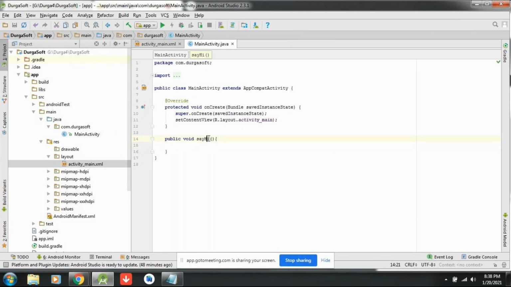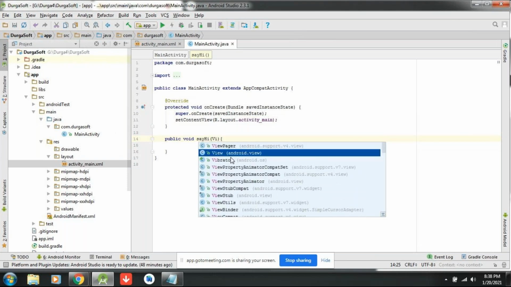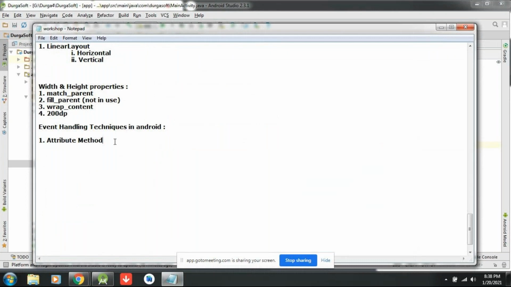Whenever you have written the say hi method, inside the method you must provide a parameter with the name called view. So here this is the backend view. What is backend view? Again, it's a universal object. Button is a view. That is a universal object. Inside this, when you click on the button, I would like to display a hi message. So for that, I am introducing one more concept: displaying messages to the user in Android.